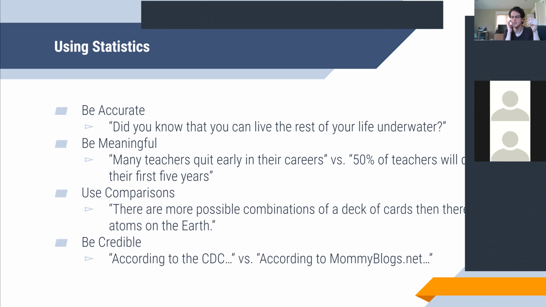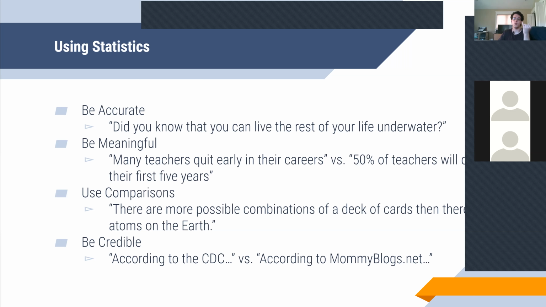A statistic can be something along the lines of 74% of this Comms 103 class does not attend the Zoom meeting. That's just a statistic, right? A numerical representation. But just throwing a statistic in isn't enough to actually get the audience to care about it. I can tell you that 70% of 62% of 40% of 50% of the people listening to this sentence will have lost me by now. But you need to try and present a statistic using these guidelines in order to actually make the statistic appear significant to the audience, so that the audience actually learns something from it.